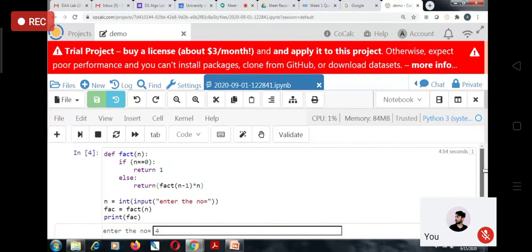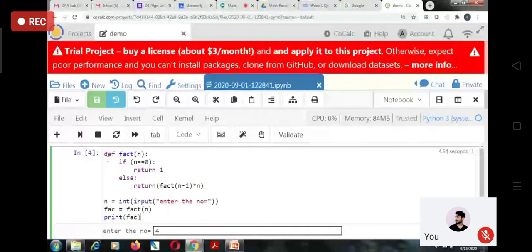So this is how we write recursion in Python. This is very similar to whatever you have done in C. Only here the syntax is different, nothing else. The calling of the recursive function, the methods, the logics, everything is exactly the same. Only here we have the syntax of Python. So let's try another example.